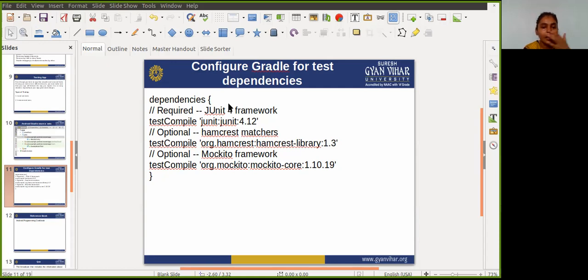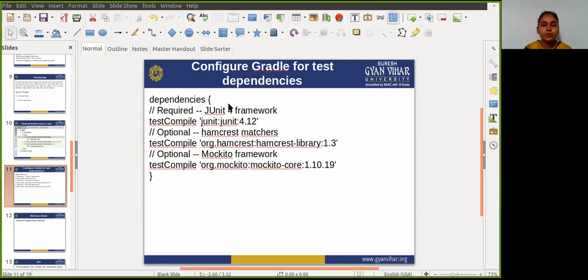The Hamcrest framework is commonly used for matchers, and Hamcrest includes a large number of comparison methods, as well as enabling you to write your own.